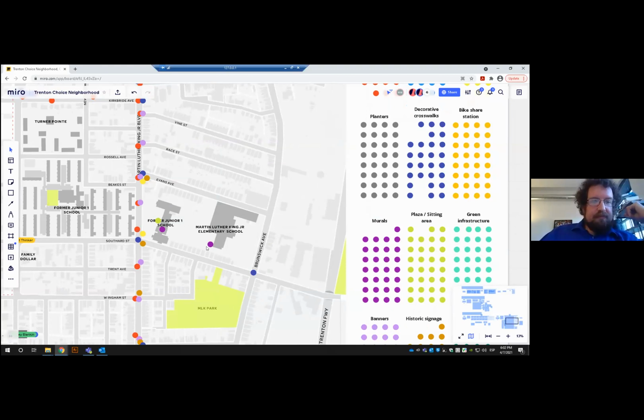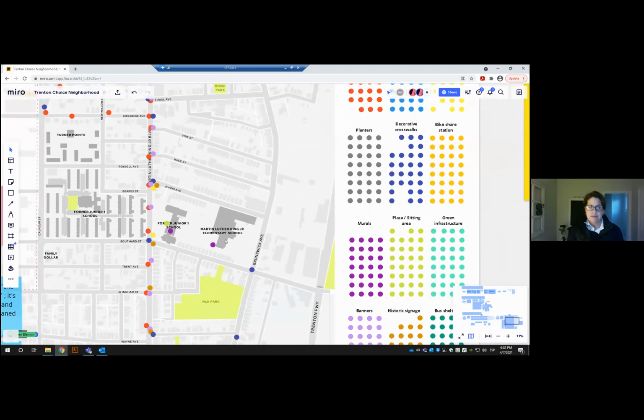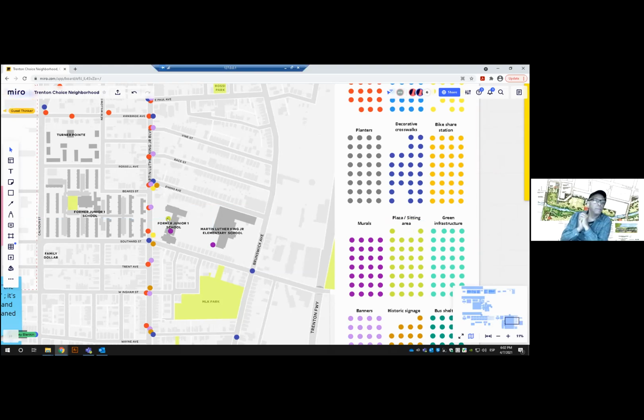I think those are ones that people have already placed. Folks who logged in early, like Chuck Latini, who was involved, placed a number of dots. So these are ones that folks who have been on the call or accessing the board today have already expressed their interest. I see.